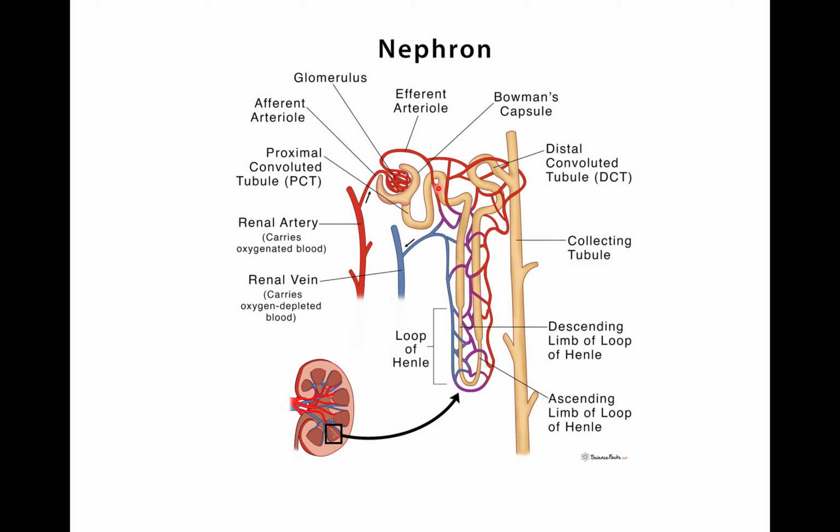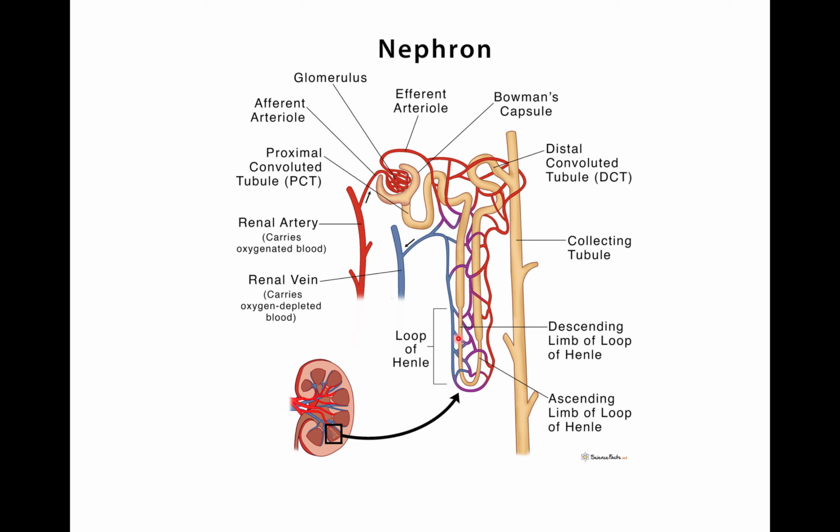Now, third is the Henle's loop. It is a long loop of the nephron, and it is a posterior elongation of the pars recta. What is pars recta? Actually, it is a small posterior part of the PCT, which is straight, and it is known as pars recta. This Henle's loop goes deep into the medulla. It has two portions, the descending limb and the ascending limb.